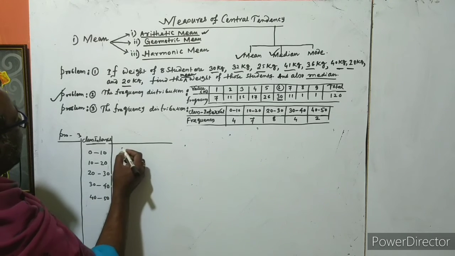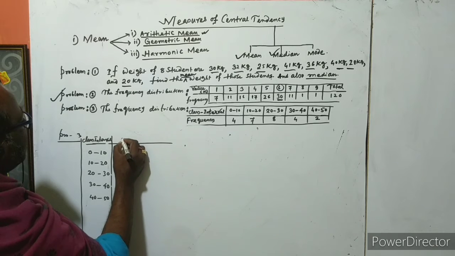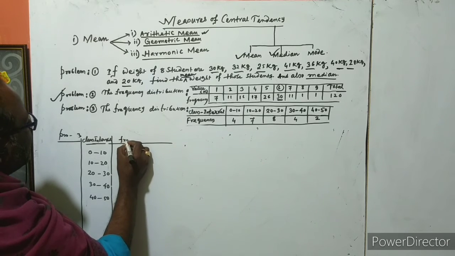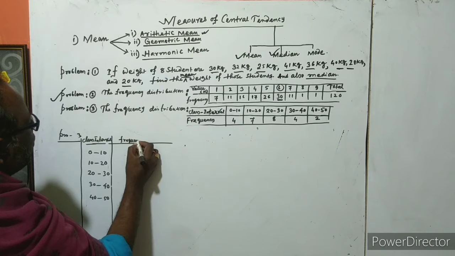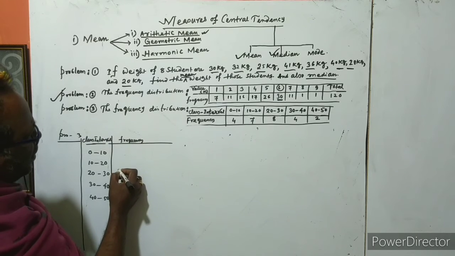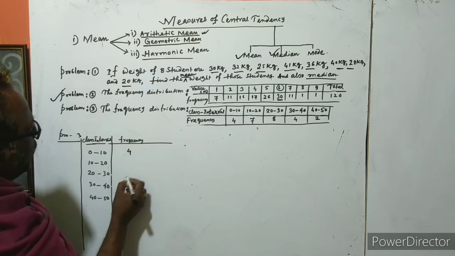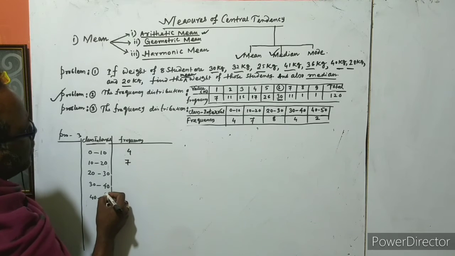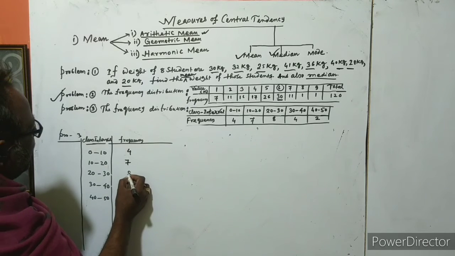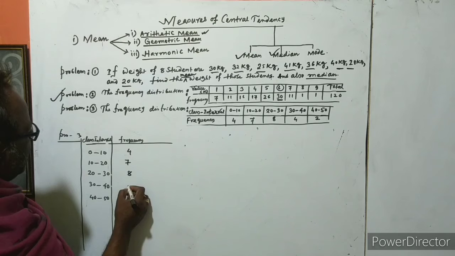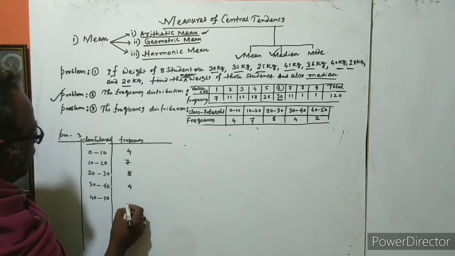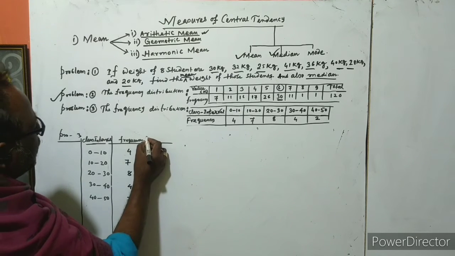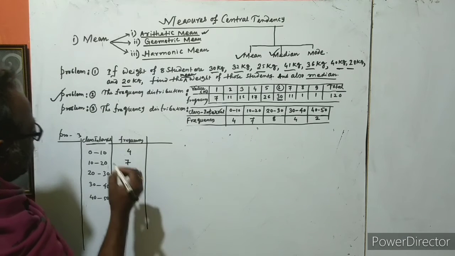Okay, and the respective frequencies are 4, 7, 8, 4, and 2 here. Okay,